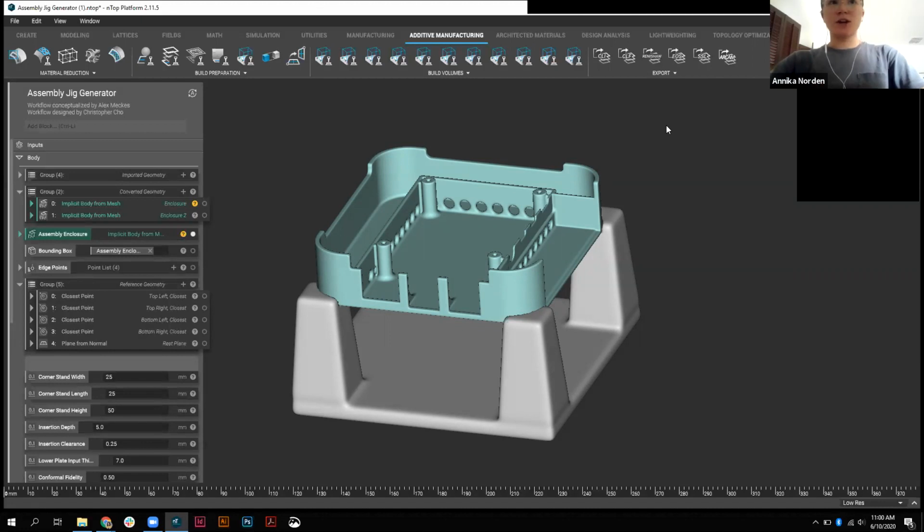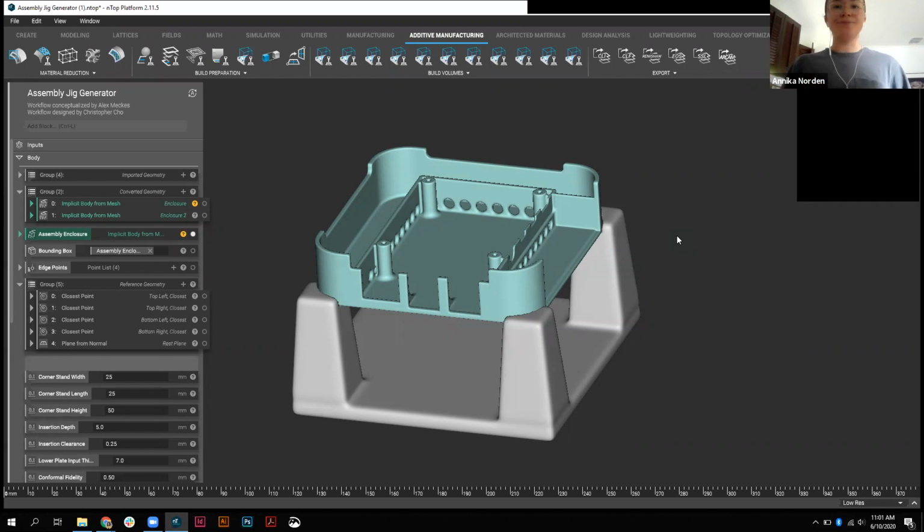But yeah, let's just jump into it. So today we're going to be looking at an assembly jig generator. I know in the past and for other nTop Lives, we have talked about jigs and fixtures before. However, we're going to keep those conversations going because there's a lot of power and capabilities within the jig and fixture world, especially within nTop. Within how we're working with these fields and geometries, we're able to bring in these funky parts and create these kinds of fixtures